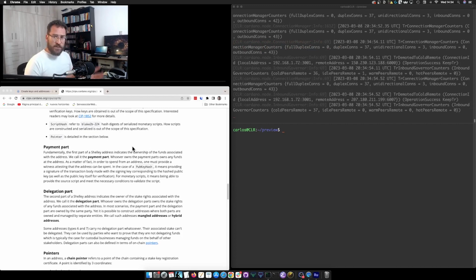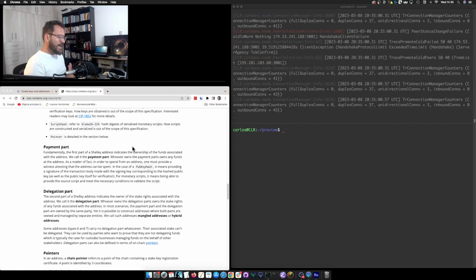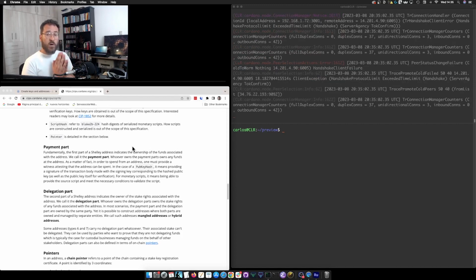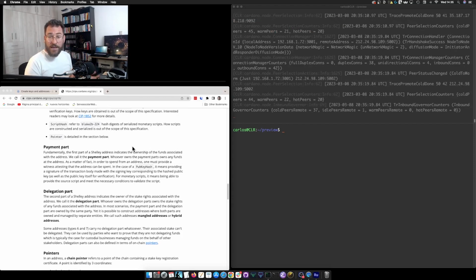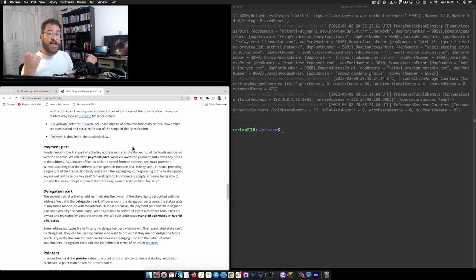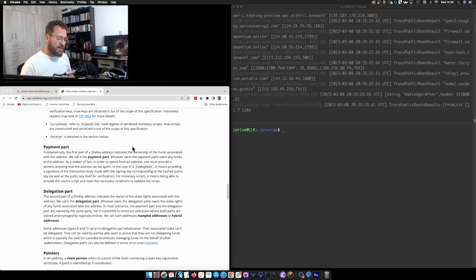And there are two types of addresses here. We can have addresses that are only attached to a payment key or are only derived from a payment key. And the other type of addresses are the ones that are linked not only to a payment part, but also to a stake part. So remember that in Cardano, we have a proof of stake system. And what that means is that